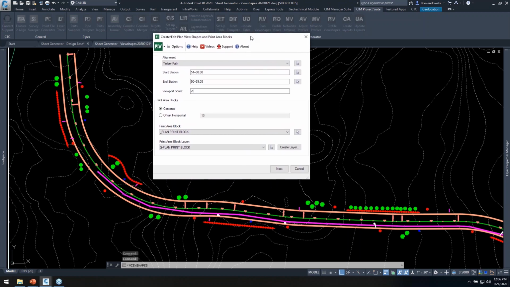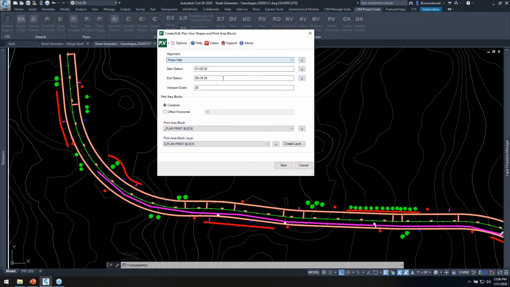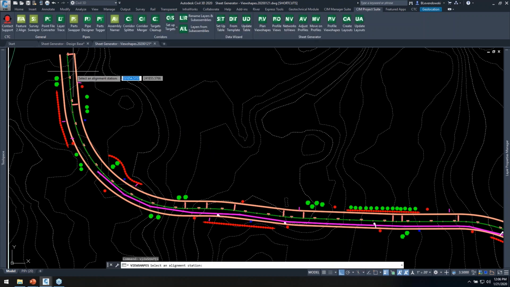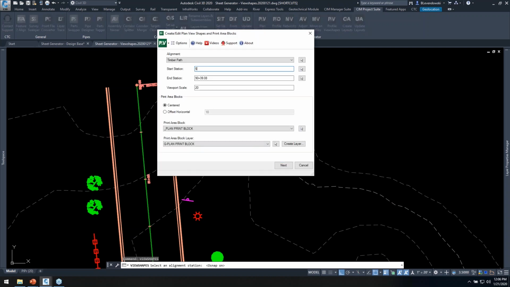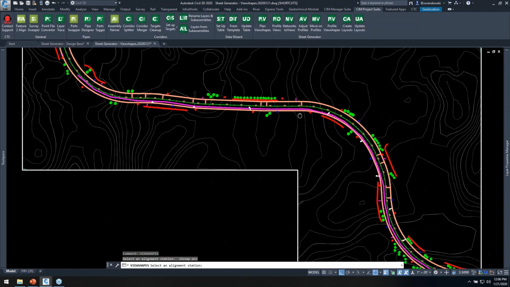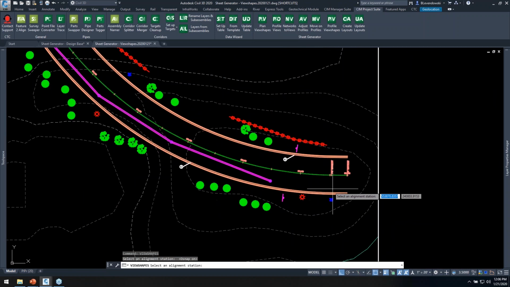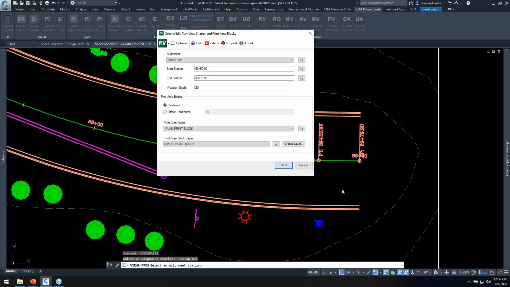And it's a fairly intuitive interface. I select my alignment. I select my starting stationing. Okay, I can snap in the drawing here. I can also just type in here if we wanted to go from station 50 plus 50. Then I can snap to the end, of course, as well, or however far the distance is that I'm generating